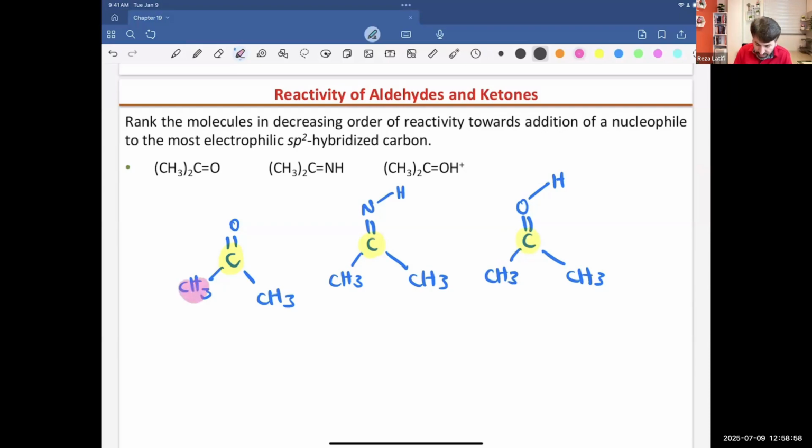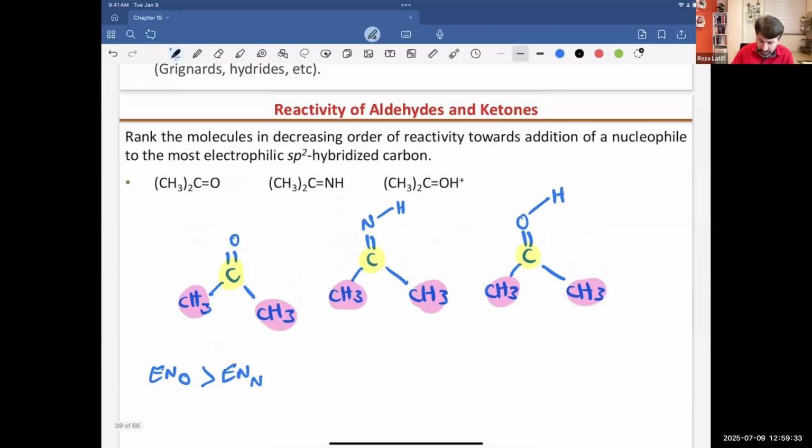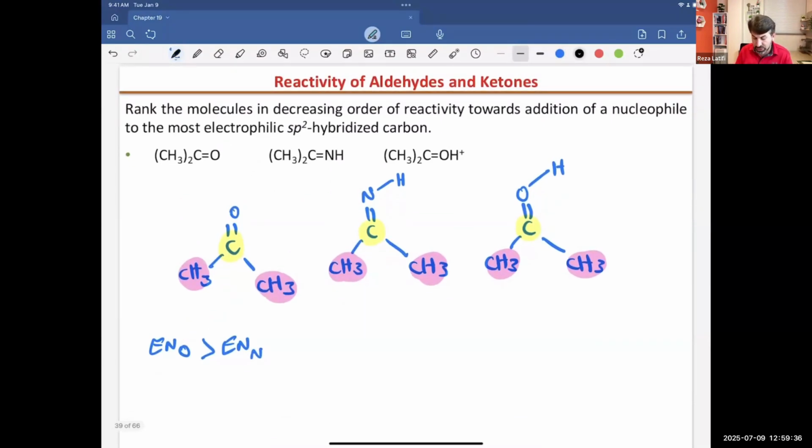I have an identical substituent attached to the carbonyl group, or the carbon, not the carbonyl. I need to be careful about this one because one of them is the NH. So methyl is going to be the same, so the difference is not going to come from the methyls. Next one, electronegativity is telling me oxygen is the most electronegative. Then we have nitrogen. And how about the lone pairs, or the formal charges on the oxygen and nitrogen